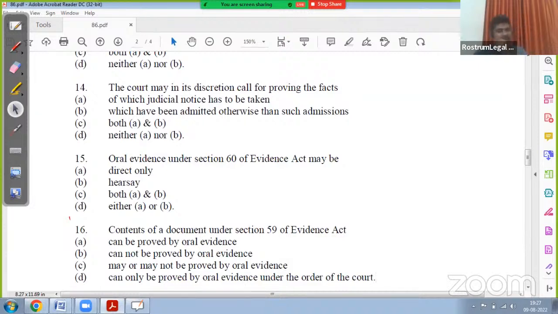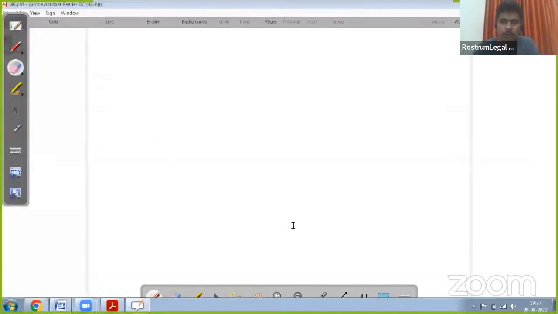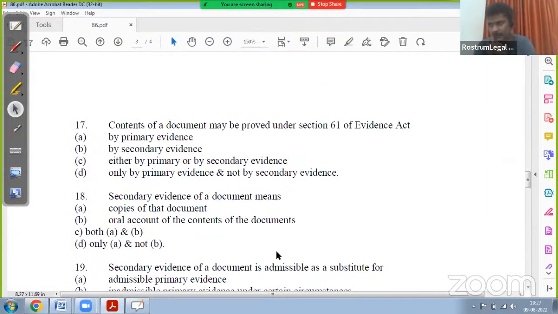Now, its correct answer will be: cannot be proved by oral evidence, because it is very clearly stated under Section 59 that the contents of a document can be proved only by another document. So oral evidence cannot be given on such subject matter. Now, moving ahead,